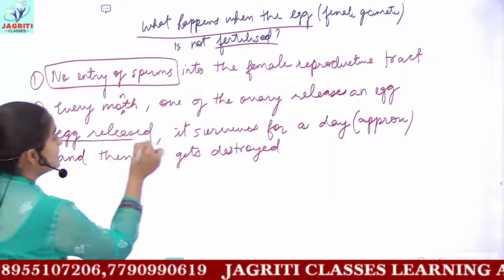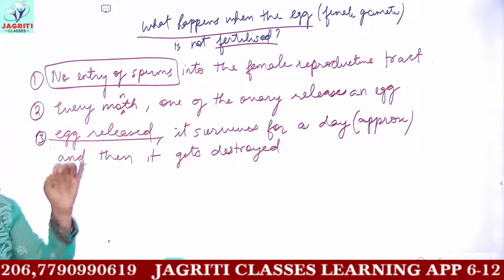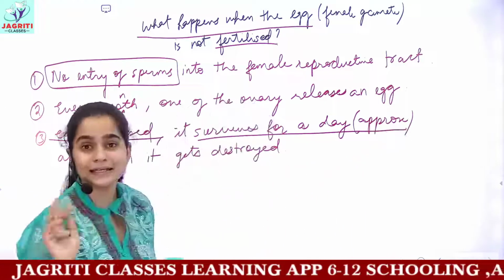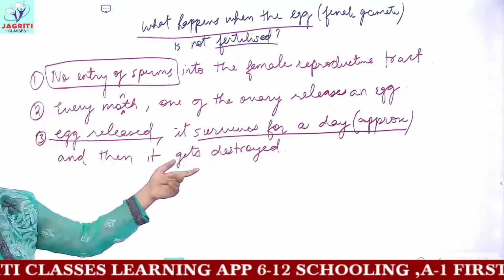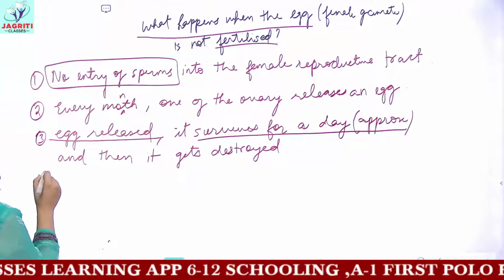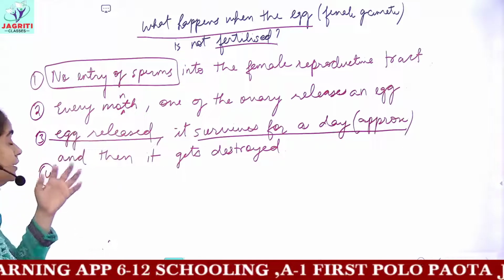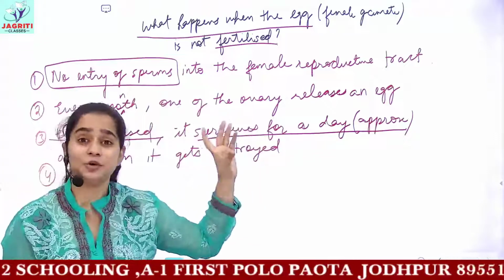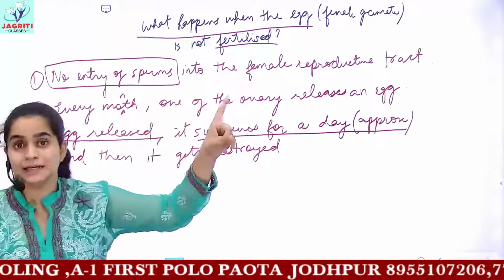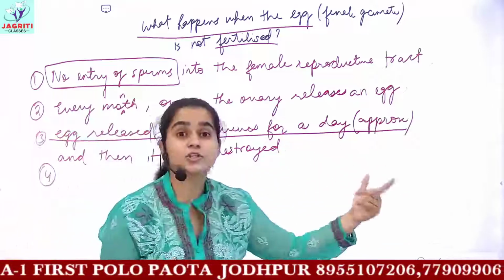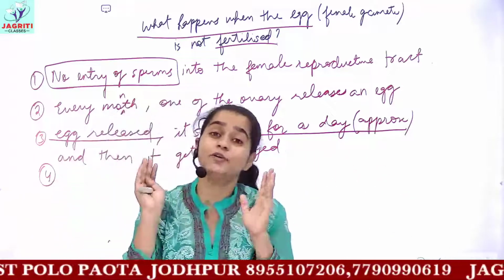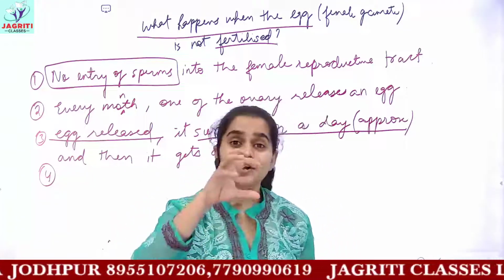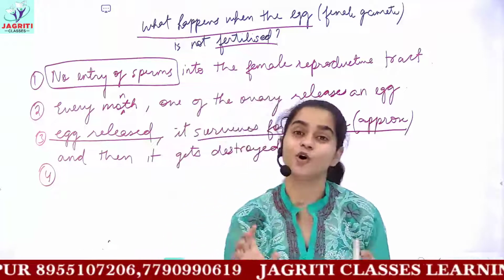But when this egg is released out and it does not encounter any kind of sperm, then this egg can survive for approximately one single day. And after this, it starts to get destroyed or disrupted. So when the eggs get disrupted, we also saw that during reproduction, during the formation of zygote and embryo, as each ovary releases one egg every single month, it means the uterus also thickens its lining or its muscular walls for implantation process. Implantation is the process when the embryo gets embedded into the uterine walls or the muscular walls